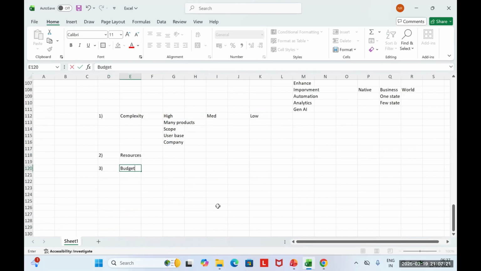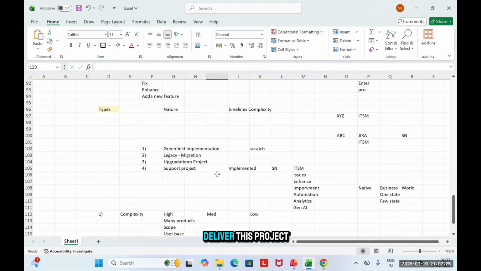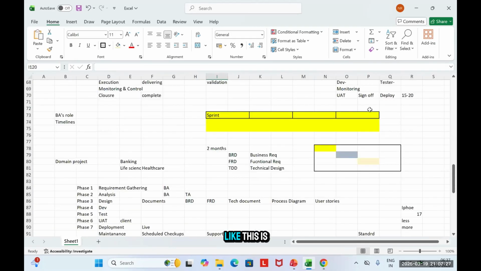budget. Suppose I'm saying that you have to deliver this project, this is your scope, but I can pay only for 5 resources, and that too less experienced. So the obvious thing is it will take more time. If you give me fewer resources, it will take more time.